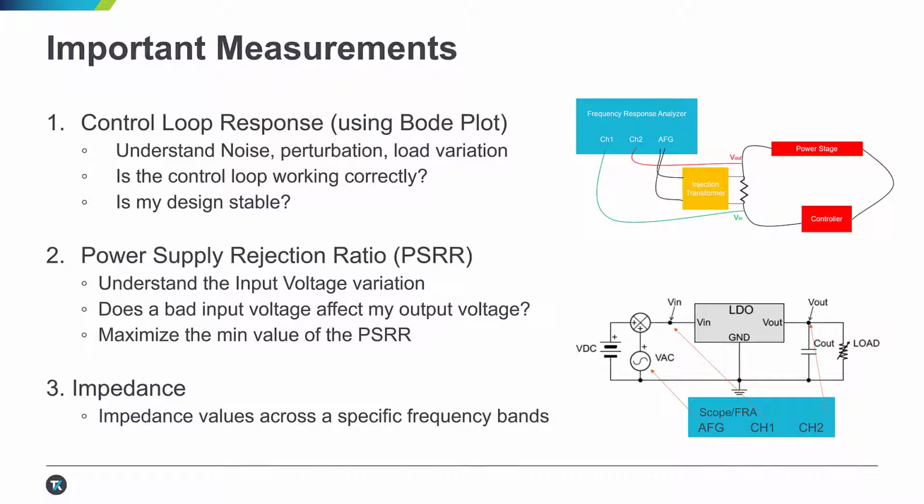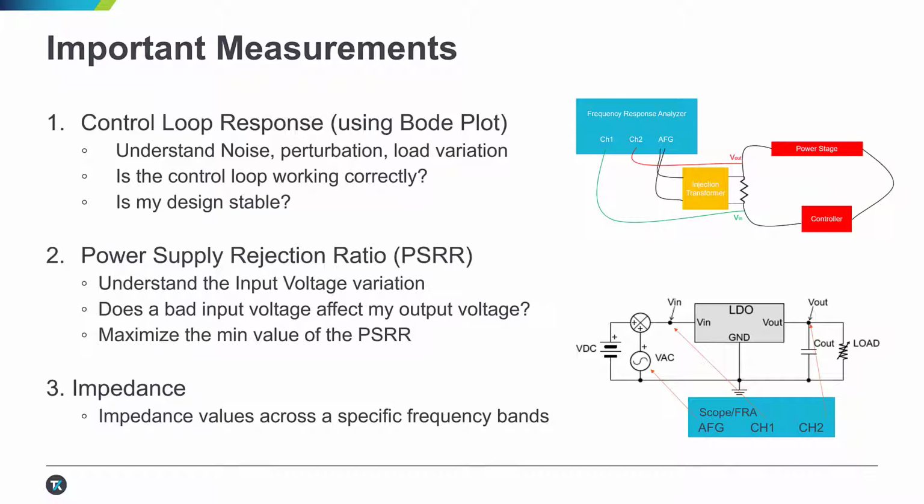The second measurement is power supply rejection ratio. Again, this is a similar type of measurement where we're injecting a known sine wave, usually from the function generator on the back of the scope. And we're measuring both the input to the power supply and the output on a second channel. And because we know what the generated sine wave should look like,